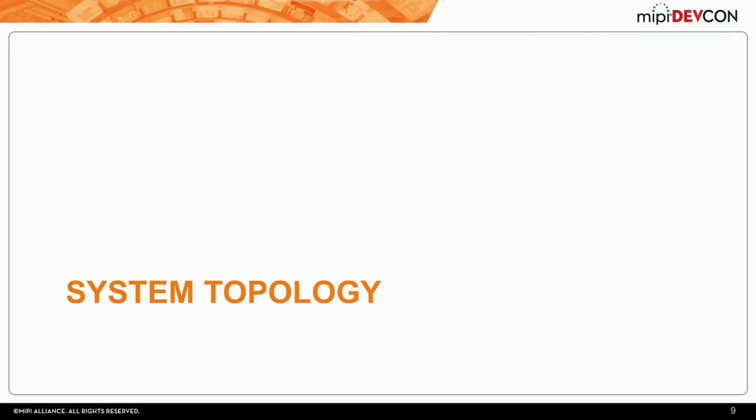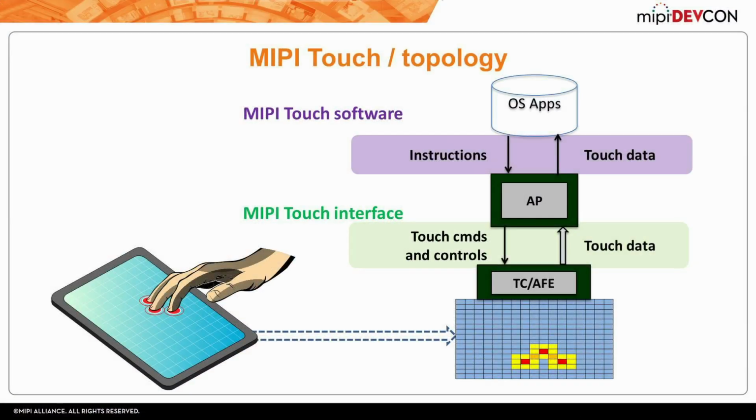So what's the system that we're talking about? What is this, how did we envision it, how do we break this down? So there are a few key pieces. The one that everybody's used to seeing is the touch screen. And then attached to the touch screen, there are basically two different common phrases used to describe them. One is TC, or touch controller. So this is the traditional touch solution.